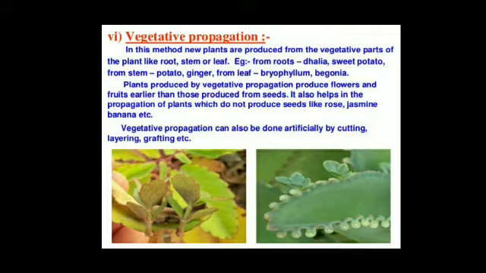Third one, grafting. In the process of grafting, you are inserting two characteristics of two plants into a single plant. You take one plant's root region and the other plant's shoot region. The plant whose root region is taken is known as stock, and the plant whose stem region is taken is known as scion. So what you will do, you have to cut stock and scion in an inclined plane, tie them tightly, and after a period of time, stock and scion develop into a single plant, but this plant has both the characteristics.